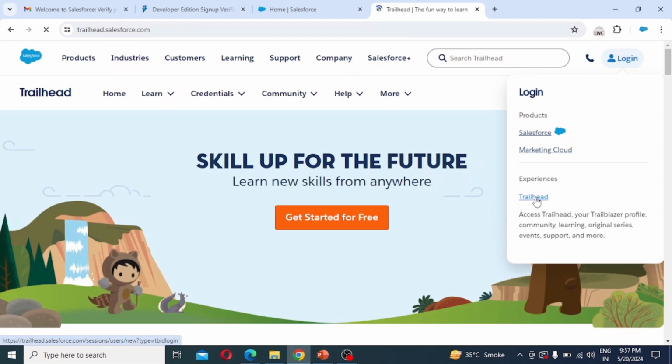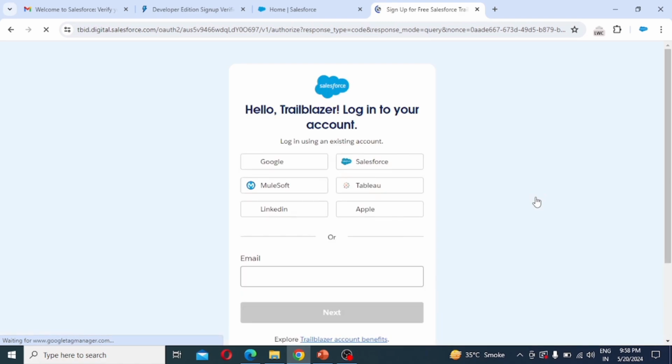This is the platform provided by Salesforce to practice or learn how Salesforce is going to perform. So these are the ways by which we can link our Trailhead account. Click on Salesforce.